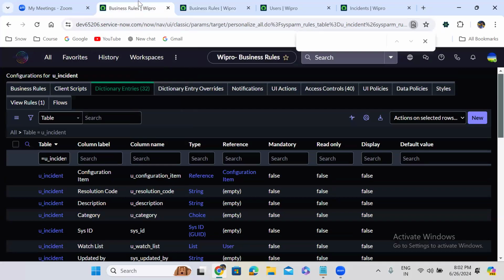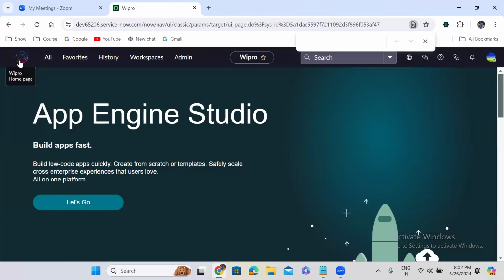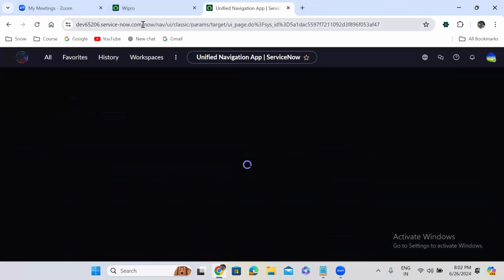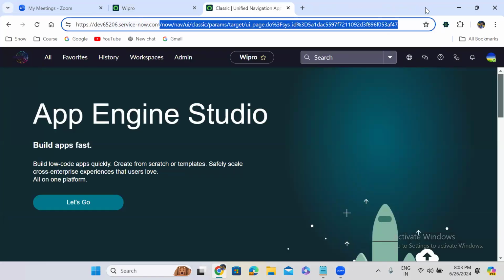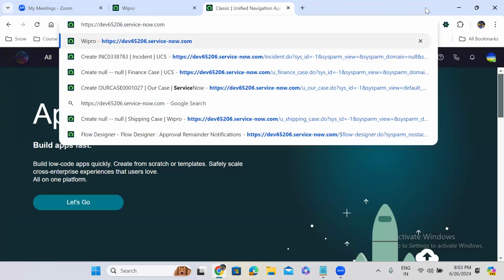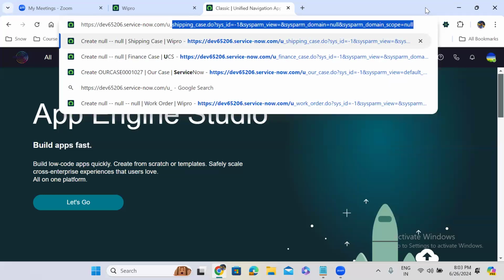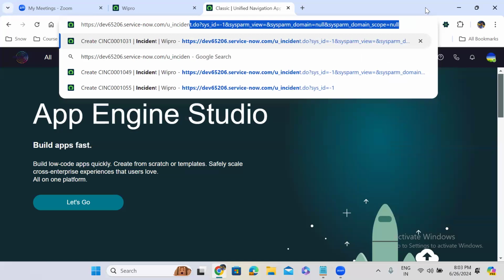So these are the shortcuts, guys. We all know, let me duplicate this tab, that this is a base URL. To the base URL, if you use our table name, u underscore incident dot do,